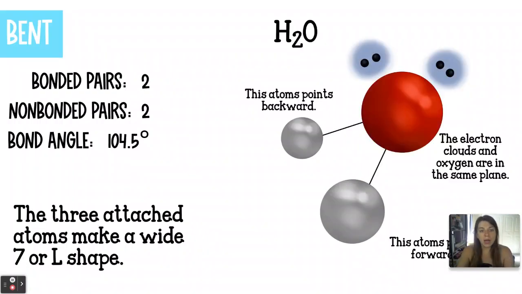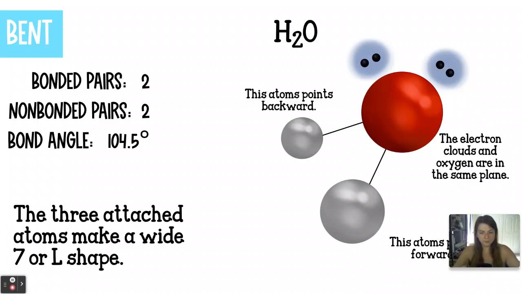If there are two bonded pairs and two non-bonded pairs, like there is in water, you wind up with the shape that we call bent. And that is because if you ignore the lone pairs, you have kind of a bent shape. Two bonded pairs right here. They are in the same plane, making an angle of 104.5 between them because water has, or rather the oxygen has two lone pairs that'll squeeze these hydrogens even a little bit closer together than they could in trigonal pyramidal